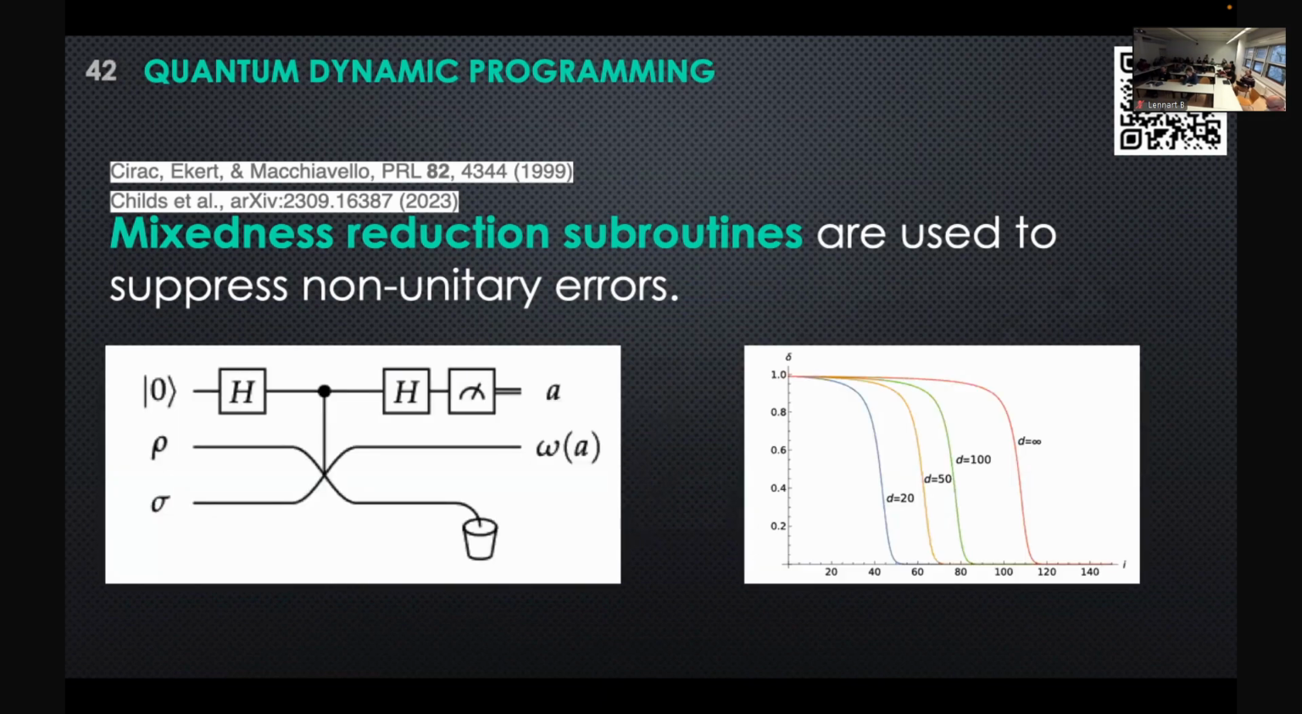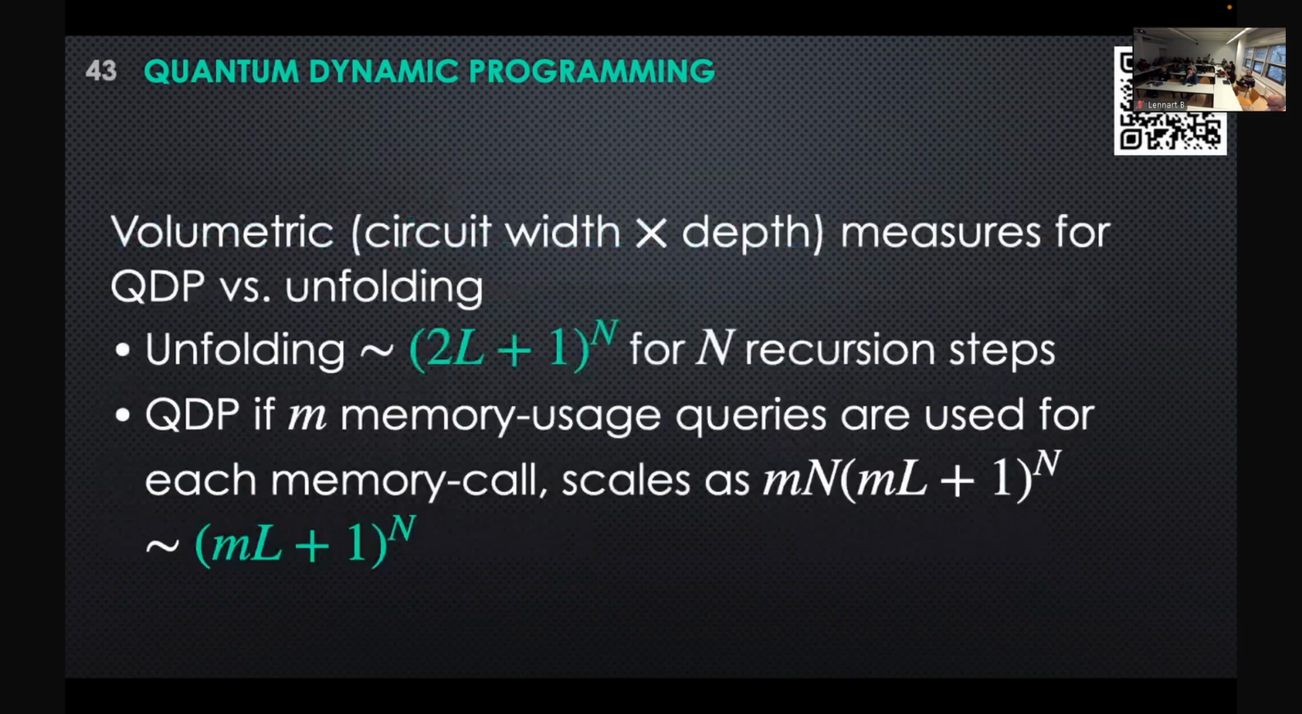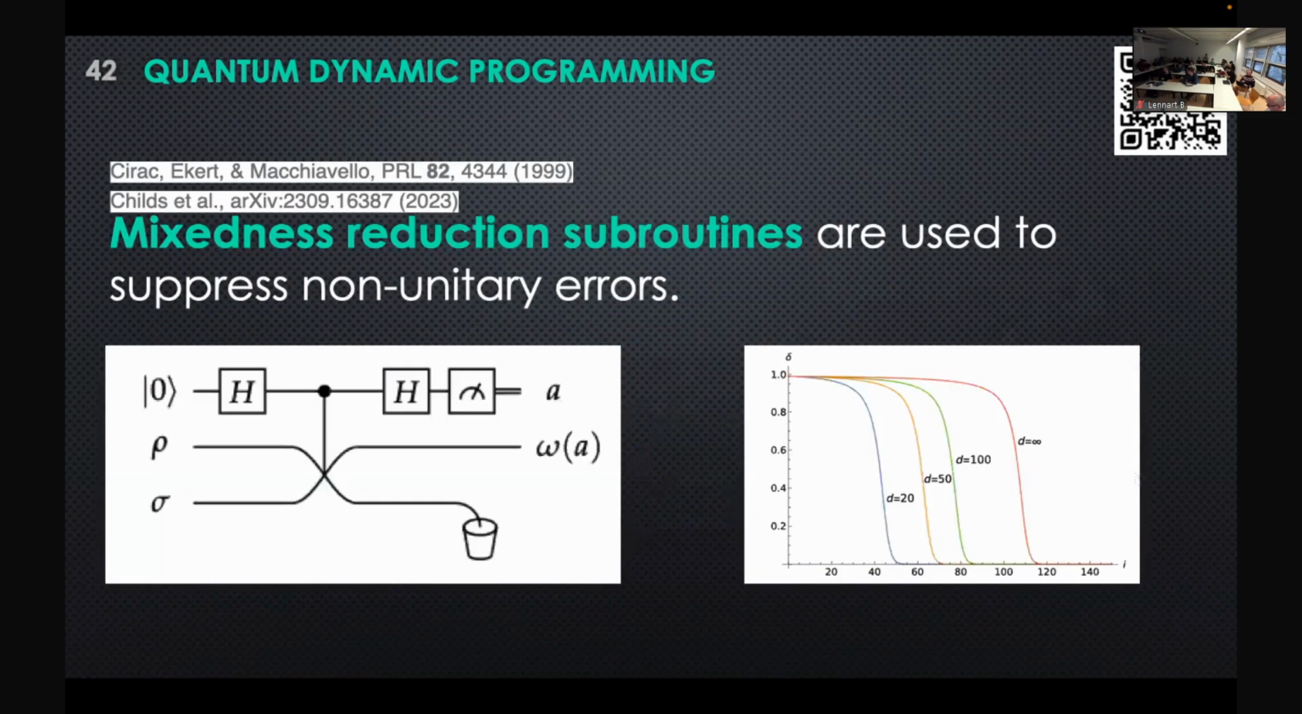This is a circuit diagram for that and some performance from this paper by Andrew Childs and others. Yeah, so using this technique with our dynamic programming, we can suppress the non-unitary errors for the pure states,